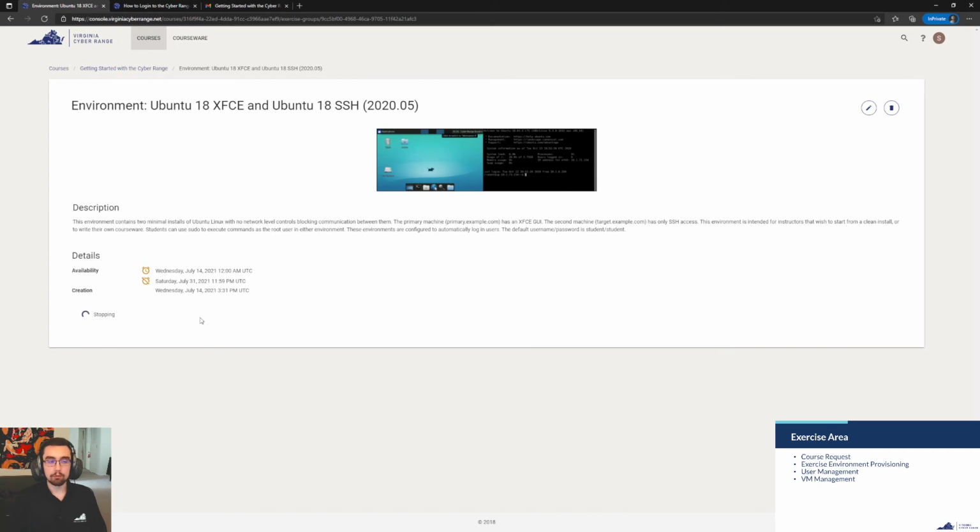Now, if we're talking about resetting the virtual machine, that is a different functionality of the range. Resetting a virtual machine will essentially set it back to its initial state, and any work that you might have done on the virtual machine will be lost. So that's more of a last resort option if you maybe broke, and it definitely happens sometimes, and it's a great learning experience for students.